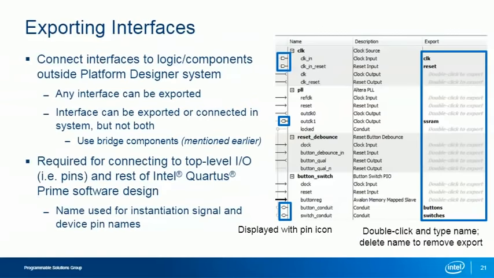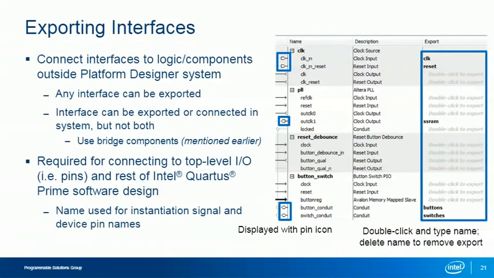In Platform Designer, any component interface in the System Contents tab can be exported. By exporting, the signals that make up that interface are brought out to the top level of the Platform Designer system to be connected externally, either to connect to other parts of the Intel Quartus Prime project or directly to